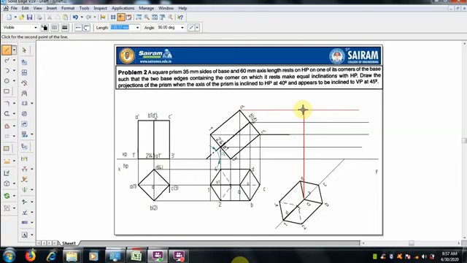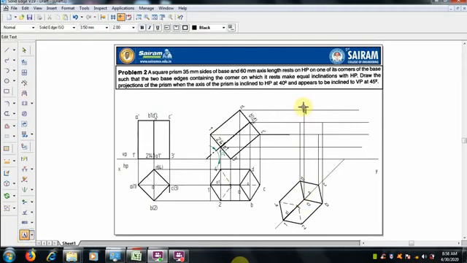So the top face ABCD, so A with A dash, B with B dash, C dash, D dash. We can mention the names where A comes, A dash, the front view with A dash, B, so the B dash will come here, and D dash in the straight line, C dash.